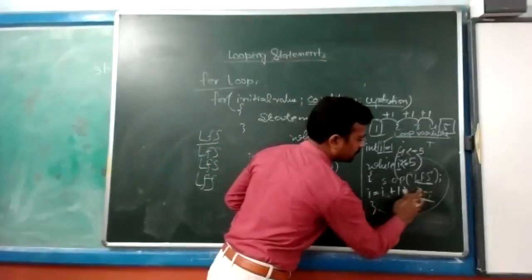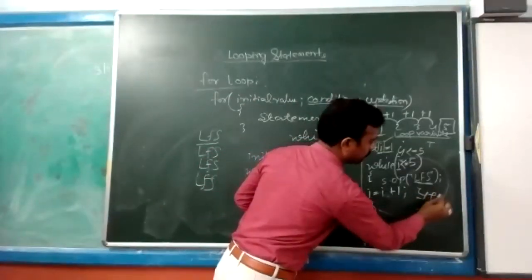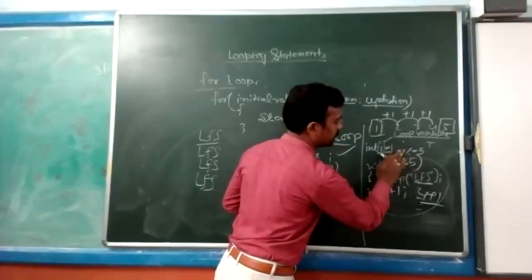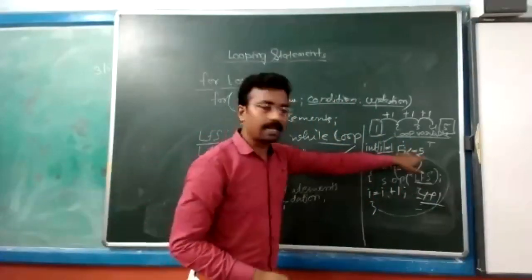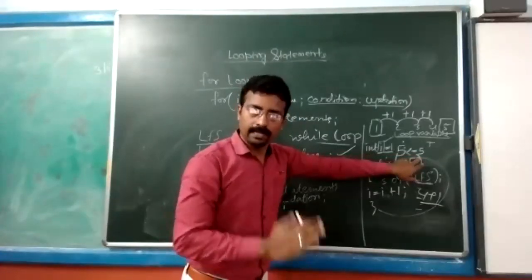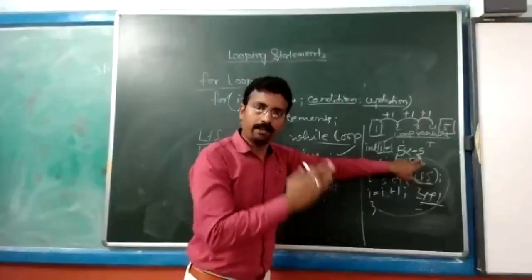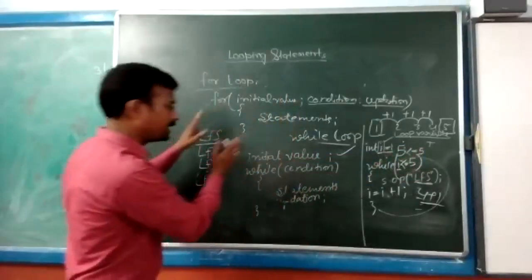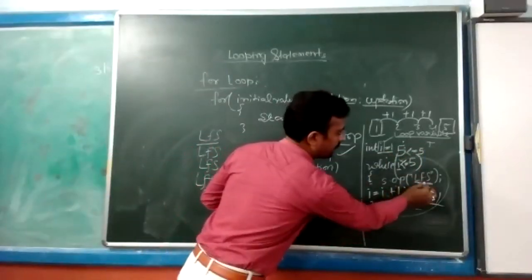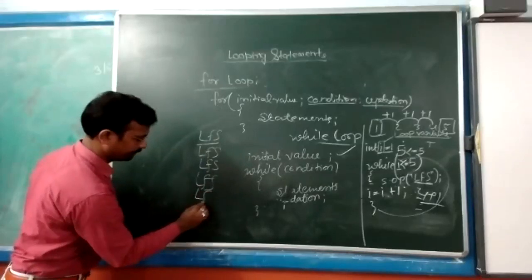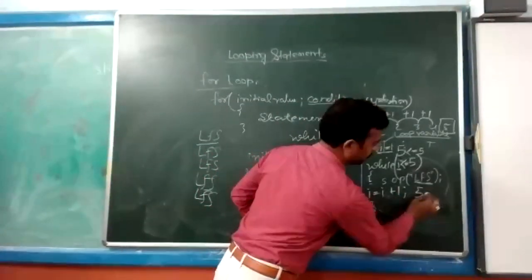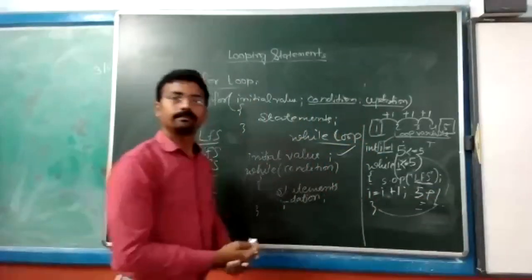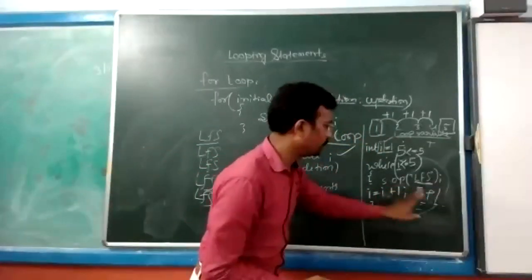Then 4 plus 1 is done, and after that it is getting 5. 5 less than or equal to 5. Less than? No. Equal to 5? Yes. That's why again control will move to the block and LFS is printed the 5th time. Then finally, this is updated with 5. 5 plus 1, and now the I value becomes 6.